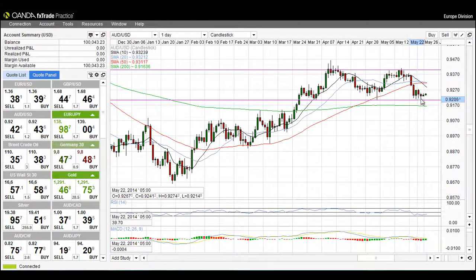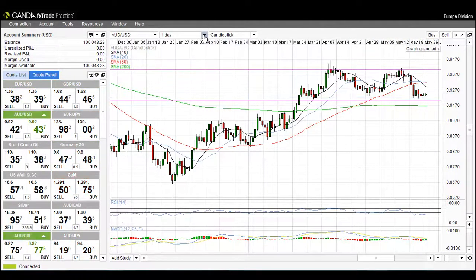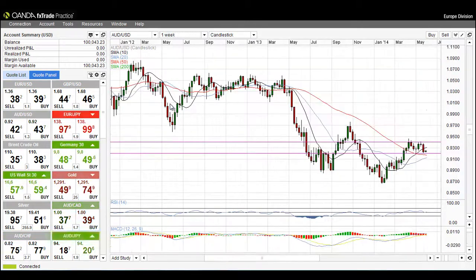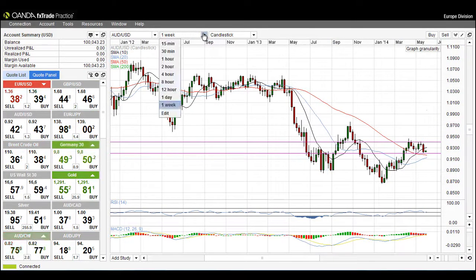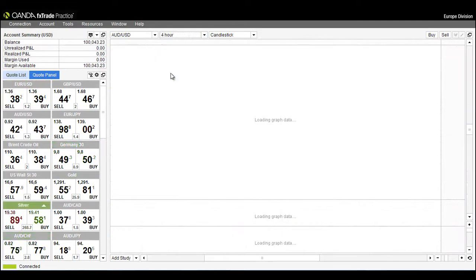Now you can see that this level is quite strong over here. Let's take a look at how the weekly looks. And you can see this level over here as well. So if we break down through the low of this candle over here, we will also be in a downtrend on the weekly. So what I'm looking to do in this case, well, I'll be looking to go down into